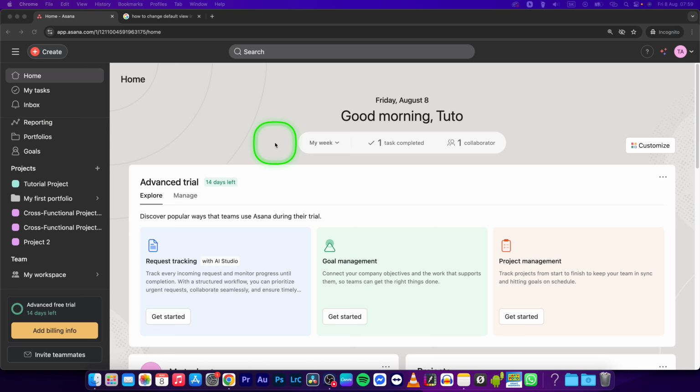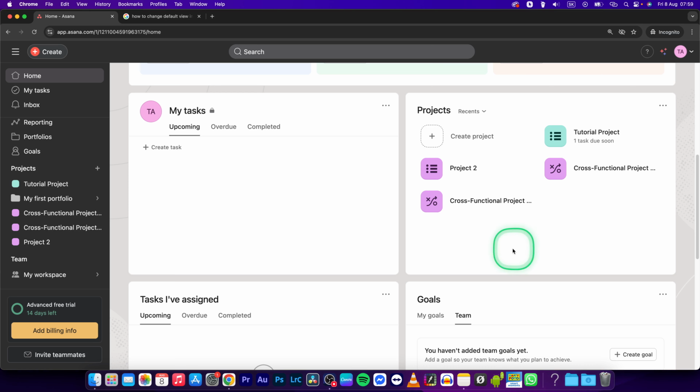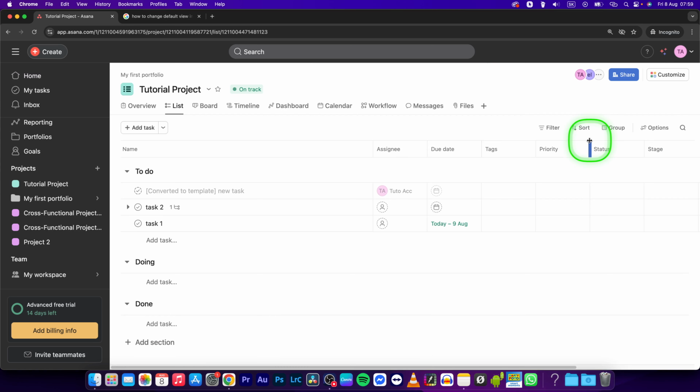Hey guys, my name is Elijah, and in this tutorial I will show you how to change default view in Asana. So first, go down here to your projects and click and open up your project where you want to